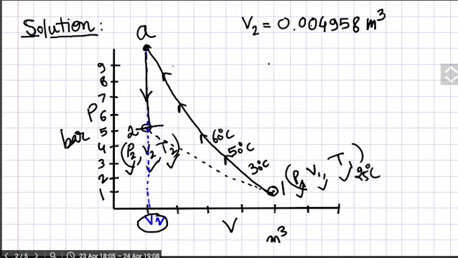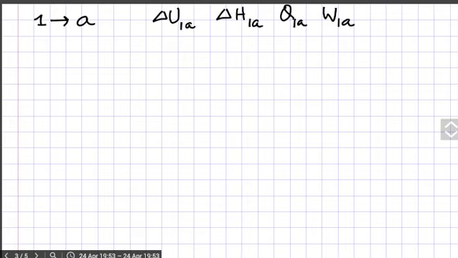So I write the paths. These are the two paths and we will consider these paths separately. So first we will go for the discussion about the path from 1 to A, and in this path we will calculate those four values. I already told you that these are the four values. This is the notation: change in internal energy, change in enthalpy, heat given, work done on the system, and this represents the path 1 to A.